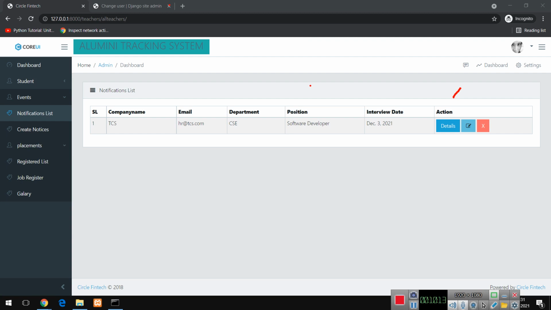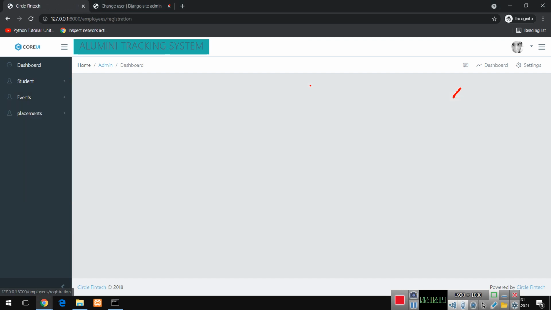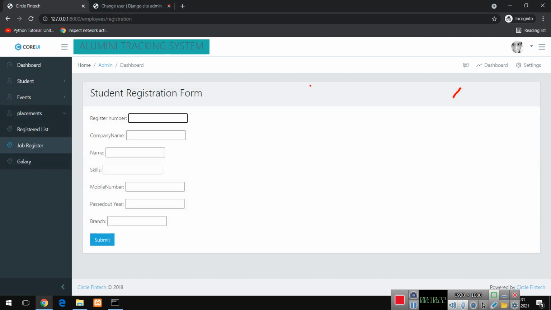If you want to register for that placement, the student will go to the job register module, and here they need to provide the details like registration number, which company they want to participate in, name, skills, mobile number, passed out year, and branch.